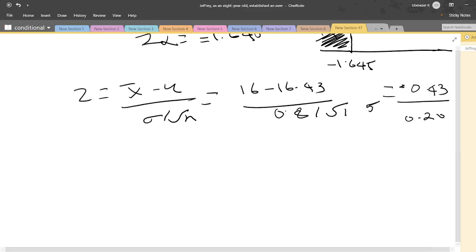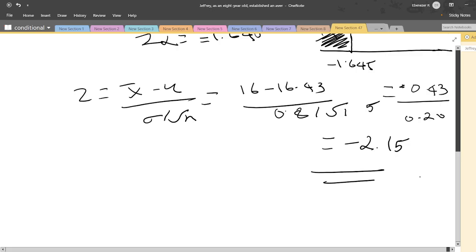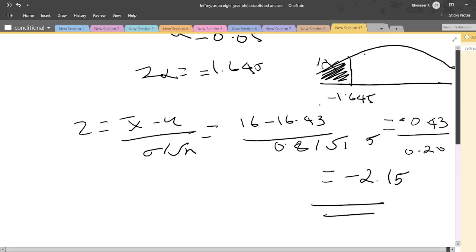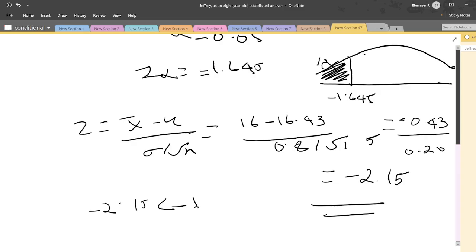And because this lies beyond, since minus 2.15 is less than minus 1.645,